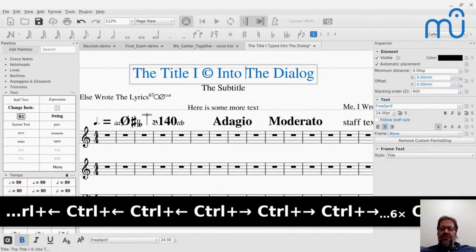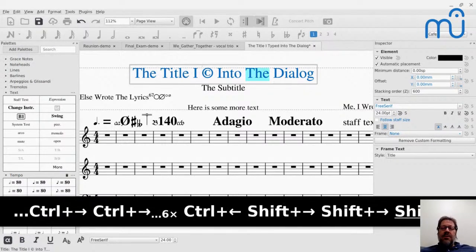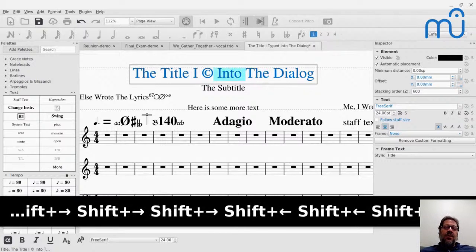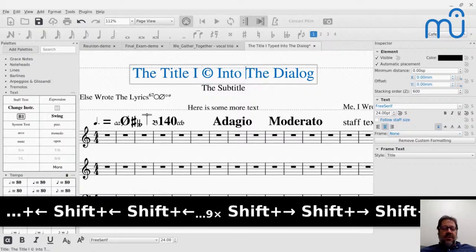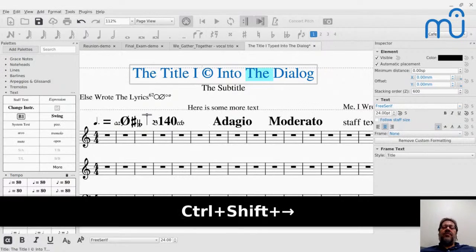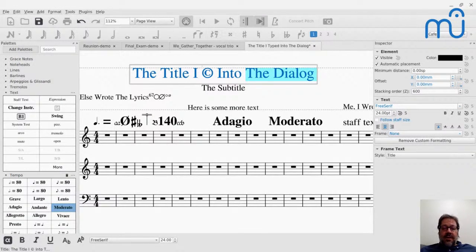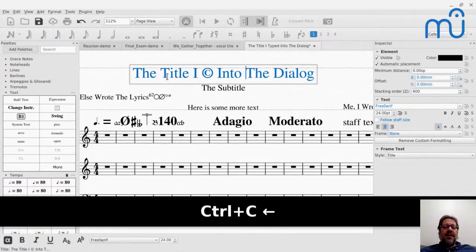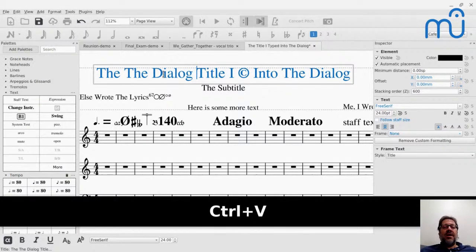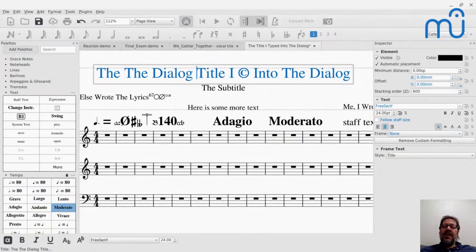You can select with shift right arrow or shift left arrow, and also shift control right arrow selects a word at a time. And then you can copy and paste over here. Copy and paste and all that kind of stuff works while you're in here.